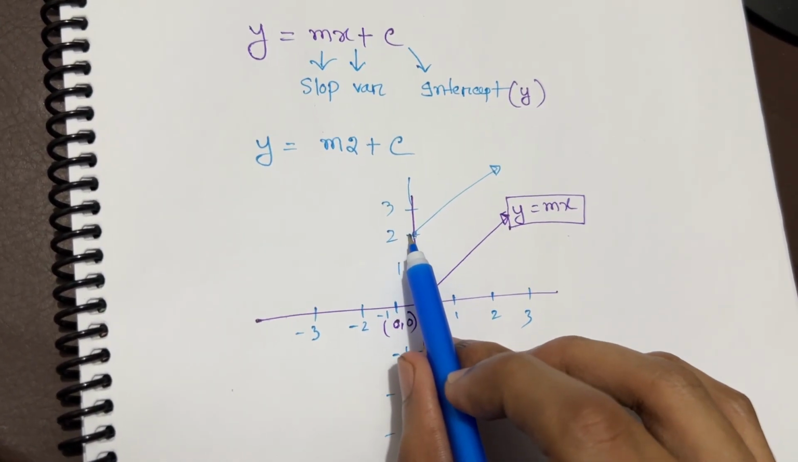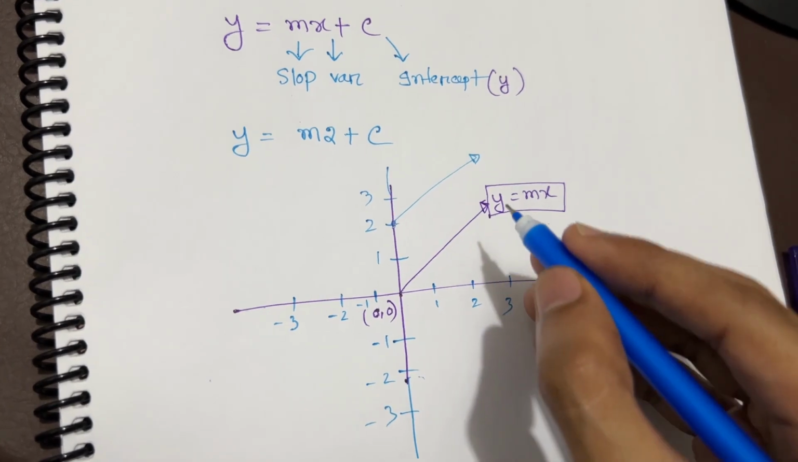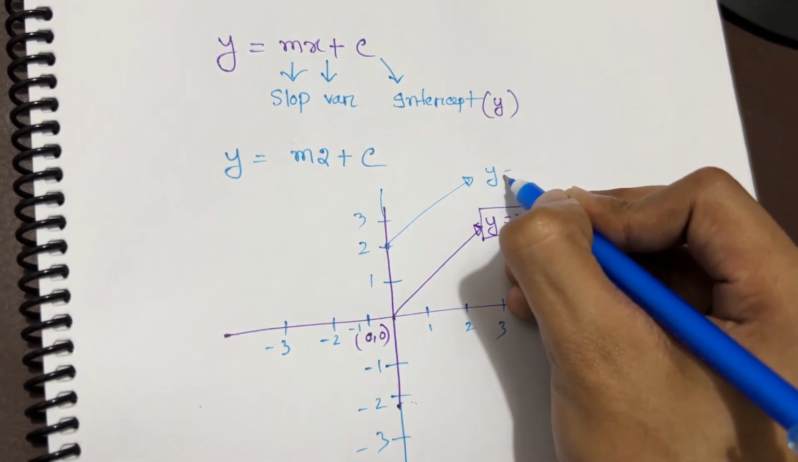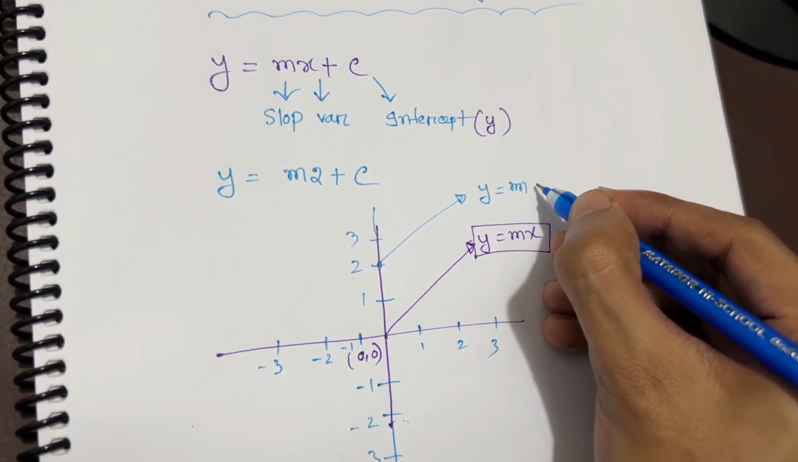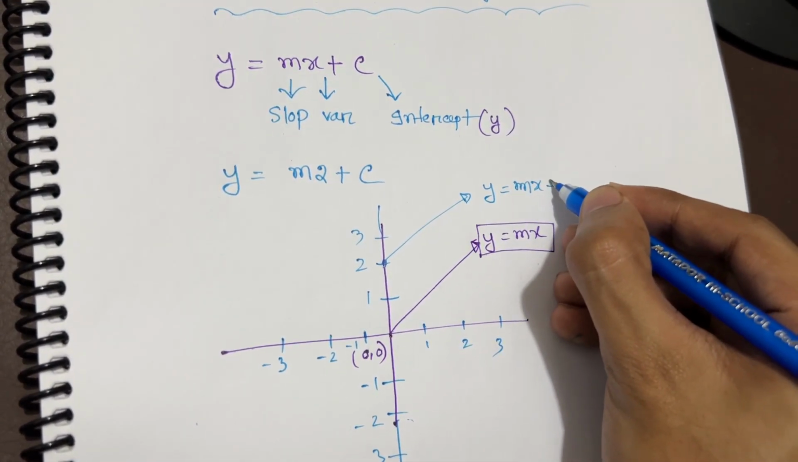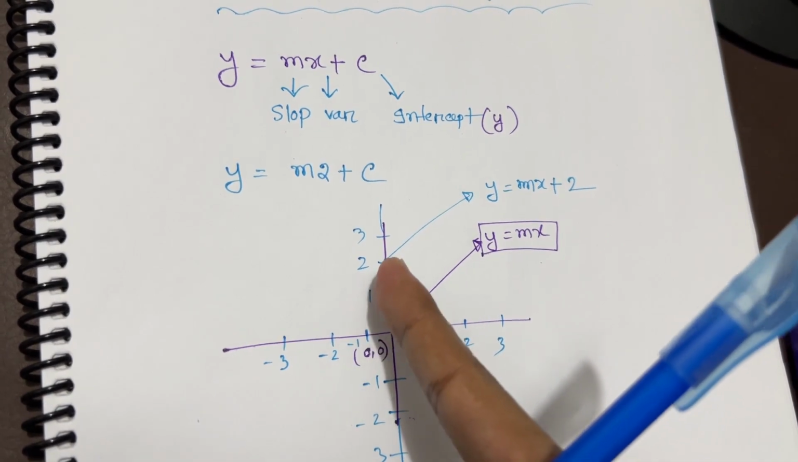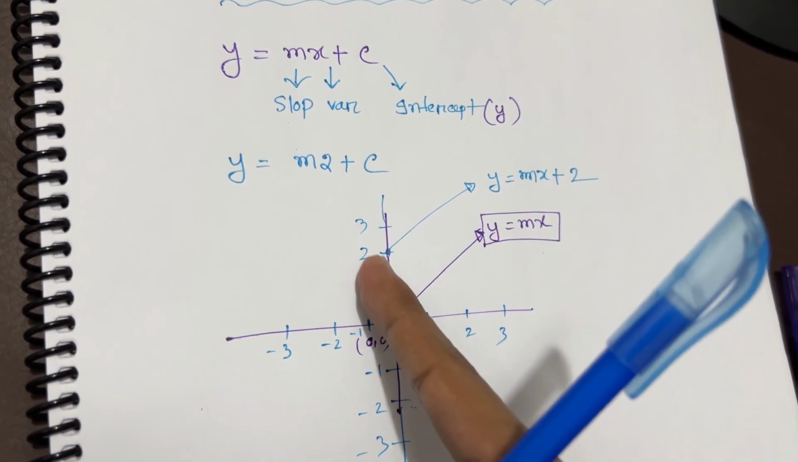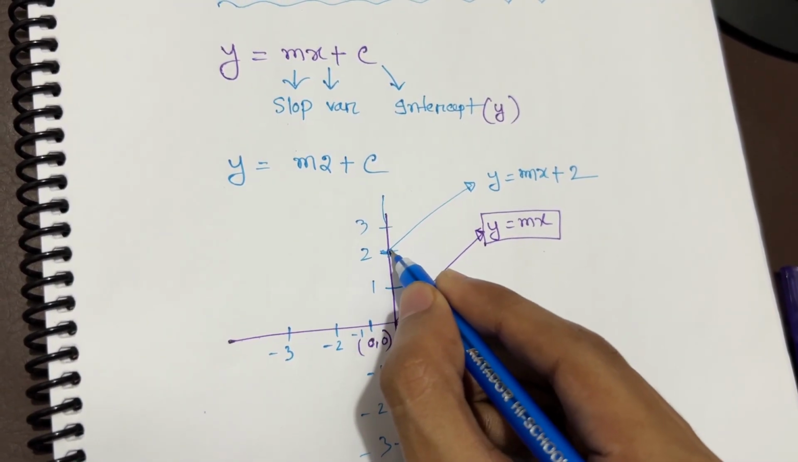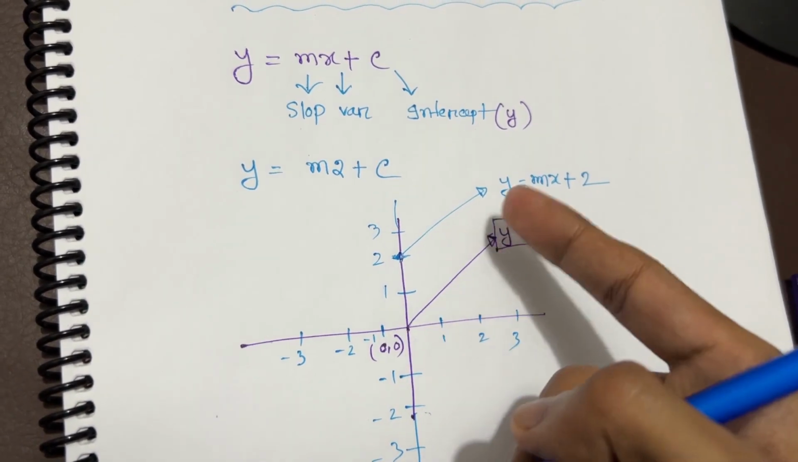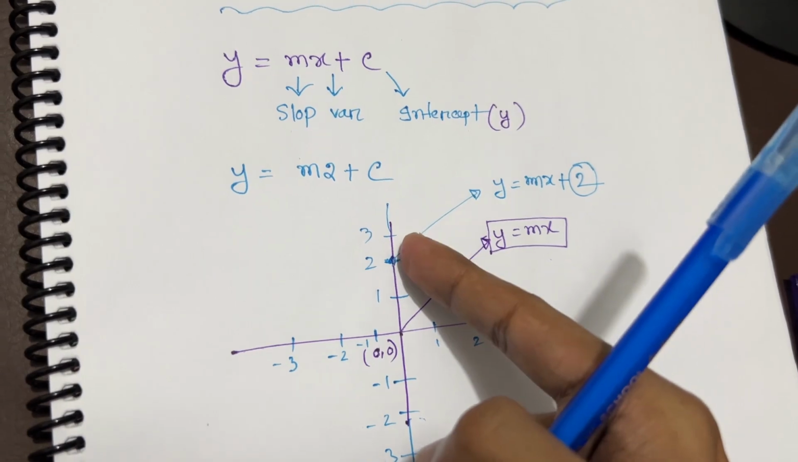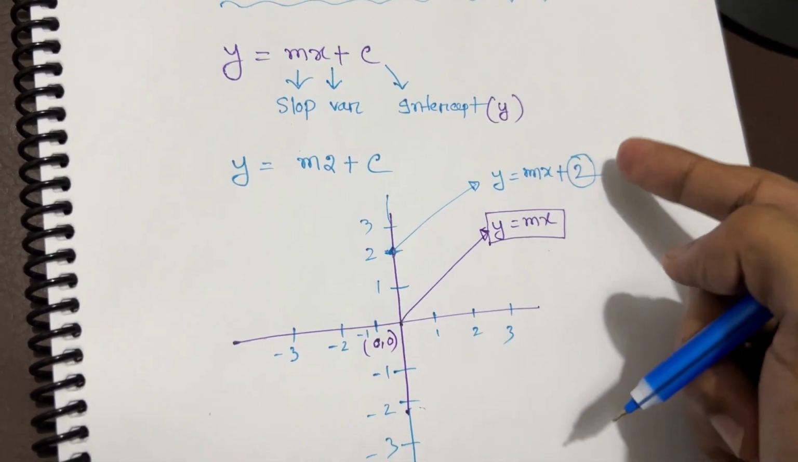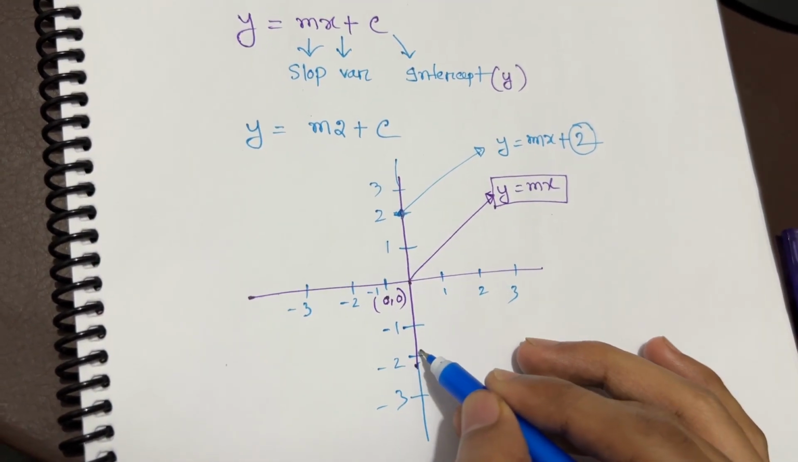then it is intersecting the y-axis at 2. So in that case, the equation would be y equals m, which is the slope, times x plus 2, because it cuts the y-axis at 2. This position, it cuts at 2 on the y-intercept. So this should be positive 2. If it cuts like this,